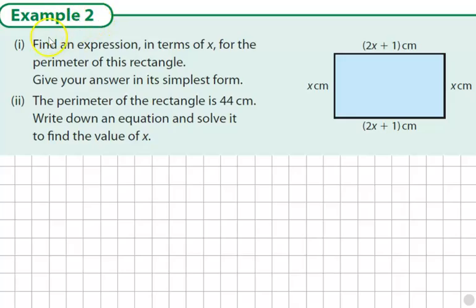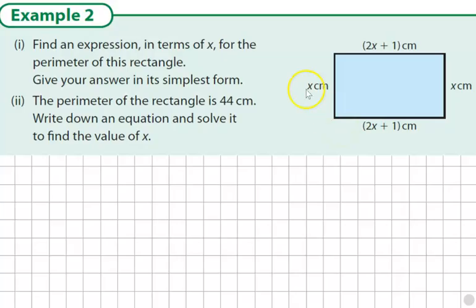Example 2. Find an expression in terms of x for the perimeter of this rectangle. Give your answer in its simplest form. And then part 2, the perimeter of the rectangle is 44 centimeters. Write down an equation and solve it to find the value of x. So here's our rectangle, and we're told that the length is 2x plus 1 centimeters, and the width is x